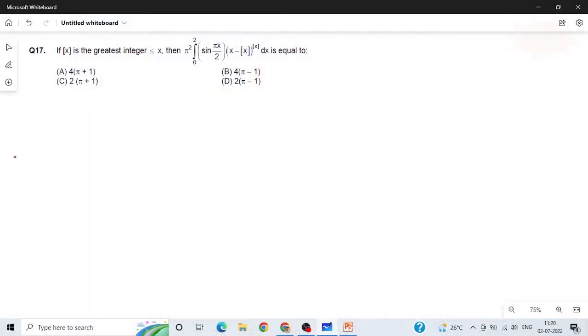Hi friends, let's solve this problem. If [x] is the greatest integer less than or equal to x, the greatest integer function, then π² ∫ from 0 to 2 of sin(πx/2)(x − [x])^[x] dx is equal to what? We have to find the value of this integral. As it contains the greatest integer function and the integral runs from 0 to 2,